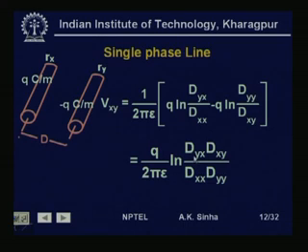So, finally, we get the voltage between two conductors by the relation q by twice pi epsilon ln dyx into dxy divided by dxx into dyy,